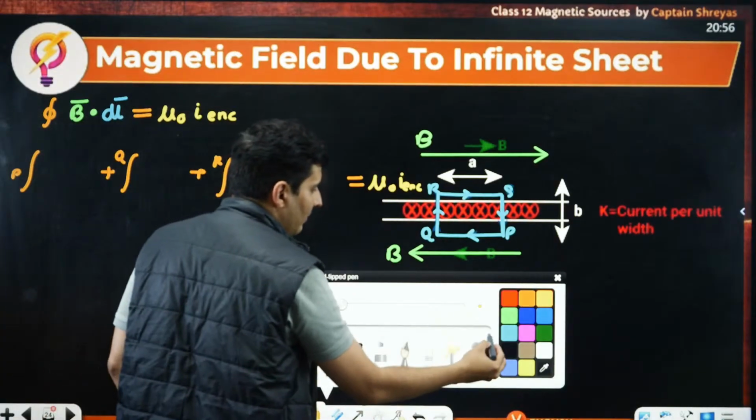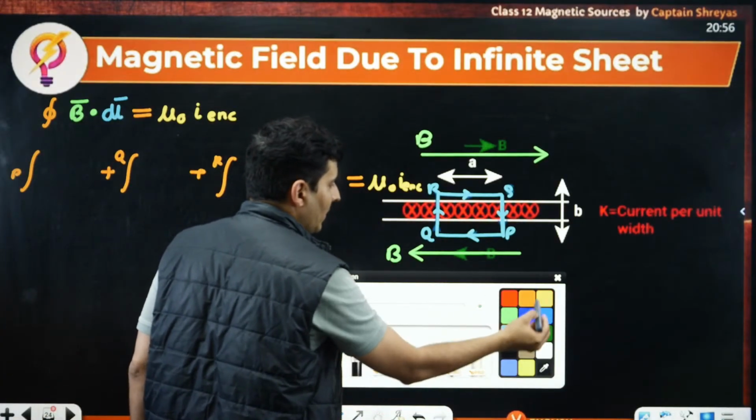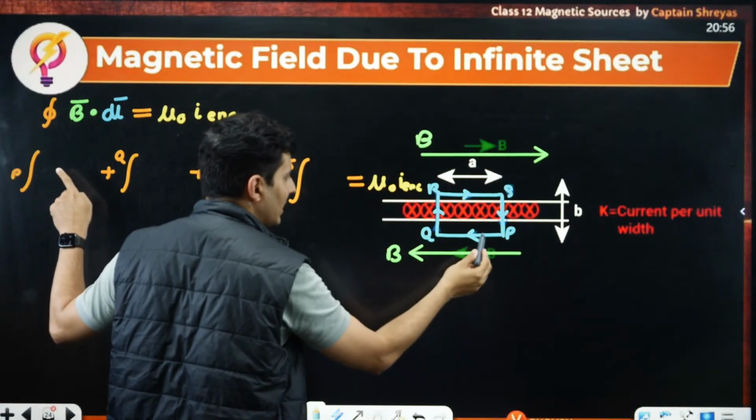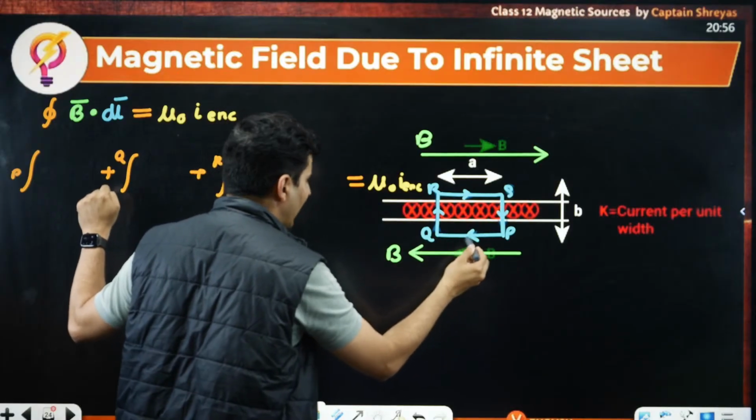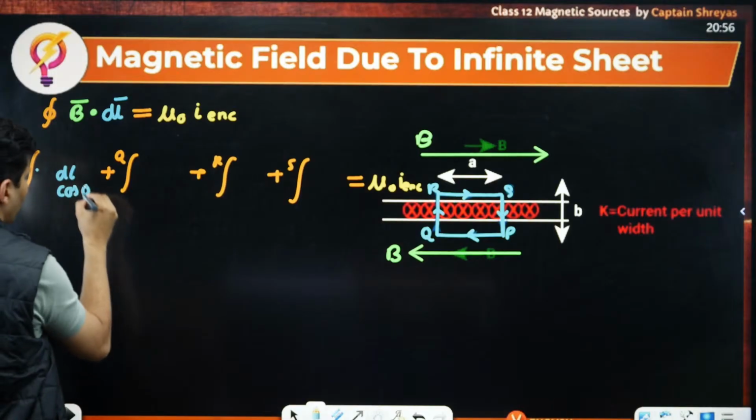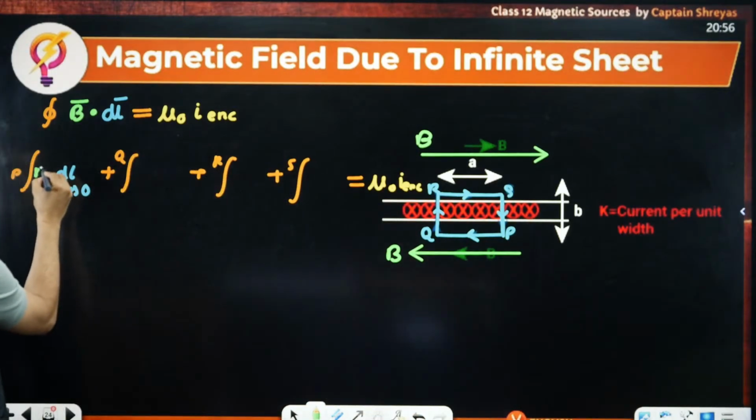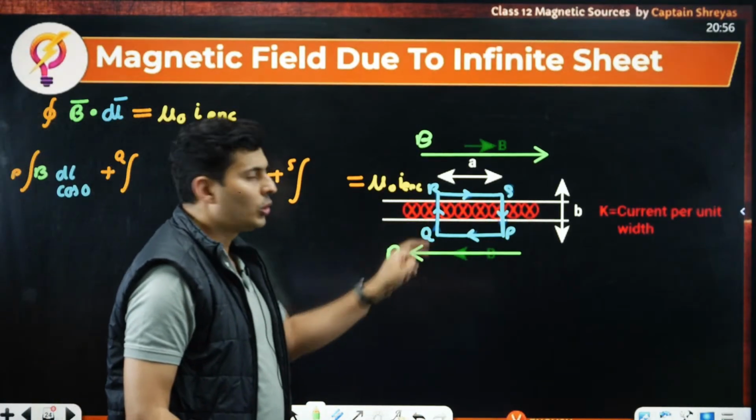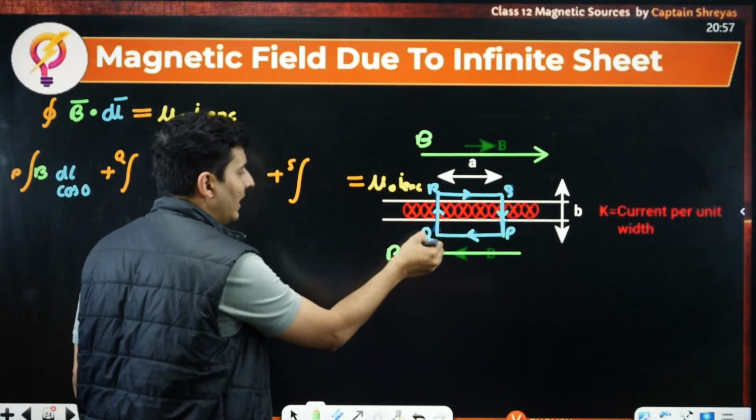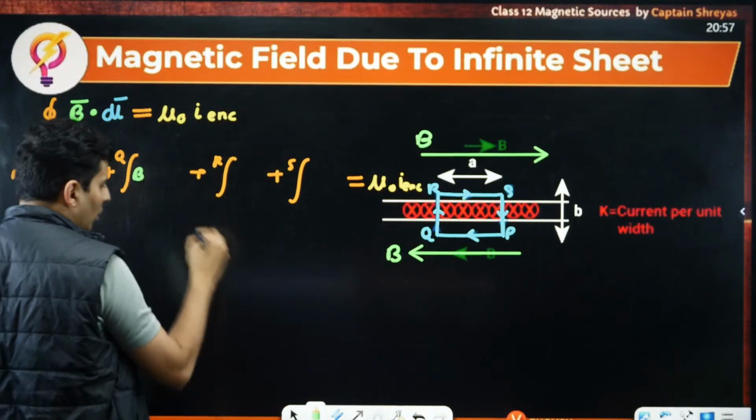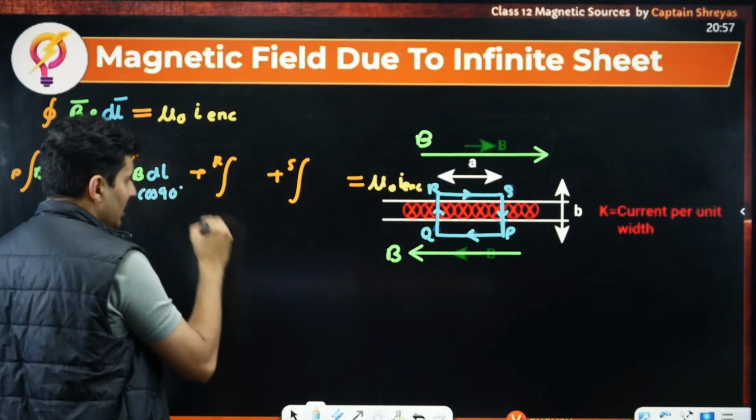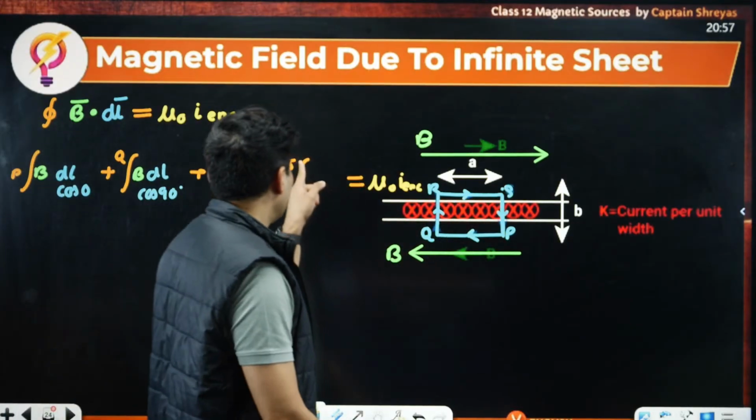Now notice what will happen at every single place. Starting from P to Q, as you can see, B and dl vector are parallel, so it will be just B dl cos 0. From Q to R, you can see B vector and dl vector are perpendicular to each other, so it will be B dl cos 90, which is 0. From S to P,